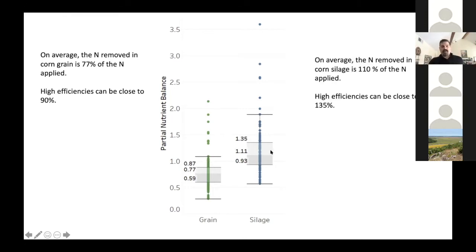So with the high efficiency fields. Now with field corn, or corn silage, it's a little bit different, right? Because we're removing that entire biomass. So we're always going to be removing more. Typically, we're going to be removing more